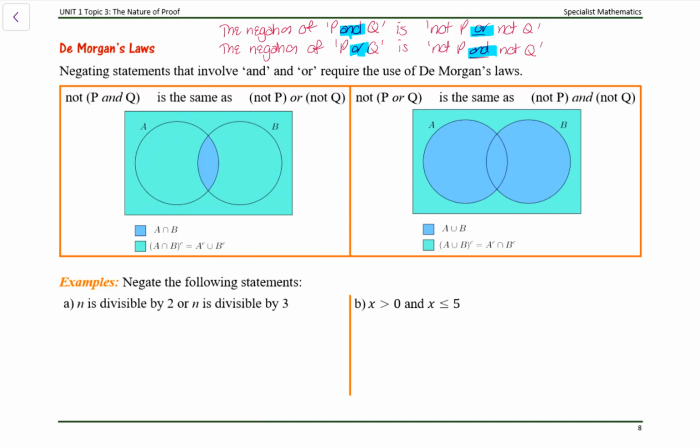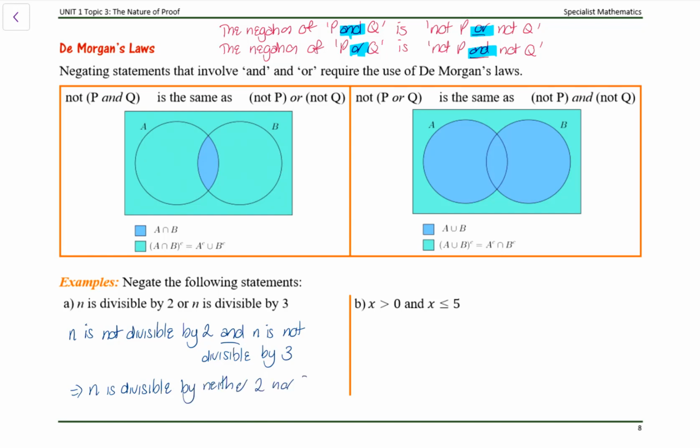So when we look at these two examples, negate the following statements. N is divisible by 2 or N is divisible by 3. We would write N is not divisible by 2 and N is not divisible by 3. Another way of writing that is N is divisible by neither